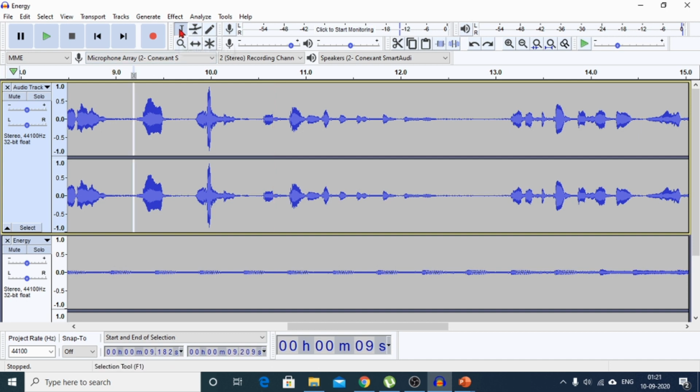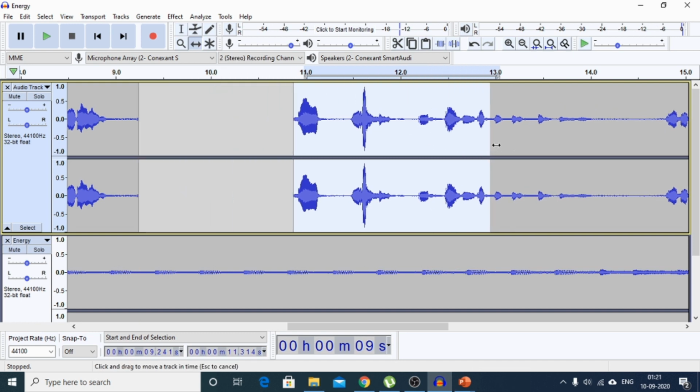With this selection tool, you can select a particular portion of your audio file. Suppose I have chosen this portion from my audio file, and I press Ctrl I, so this portion is split from the audio clip. Using this move tool, I can move this particular clip from here to there.